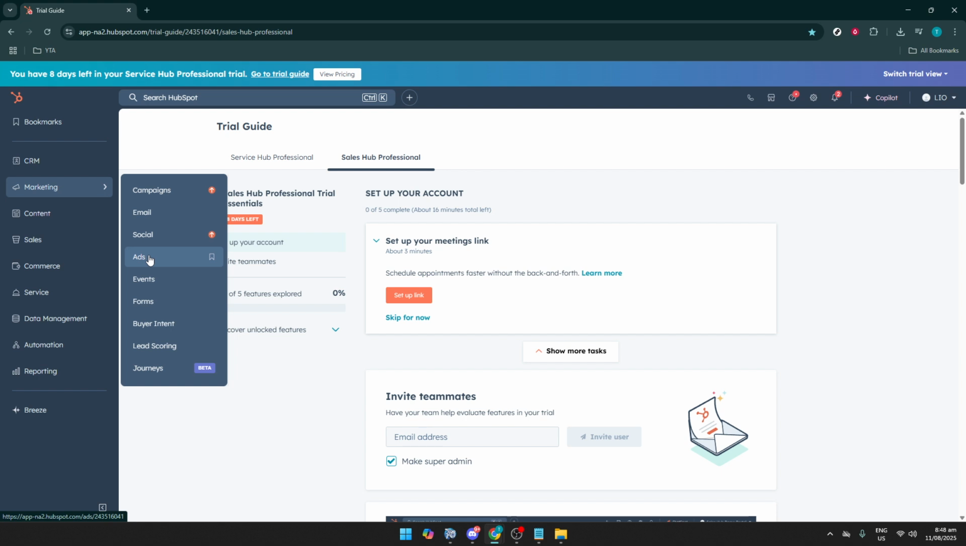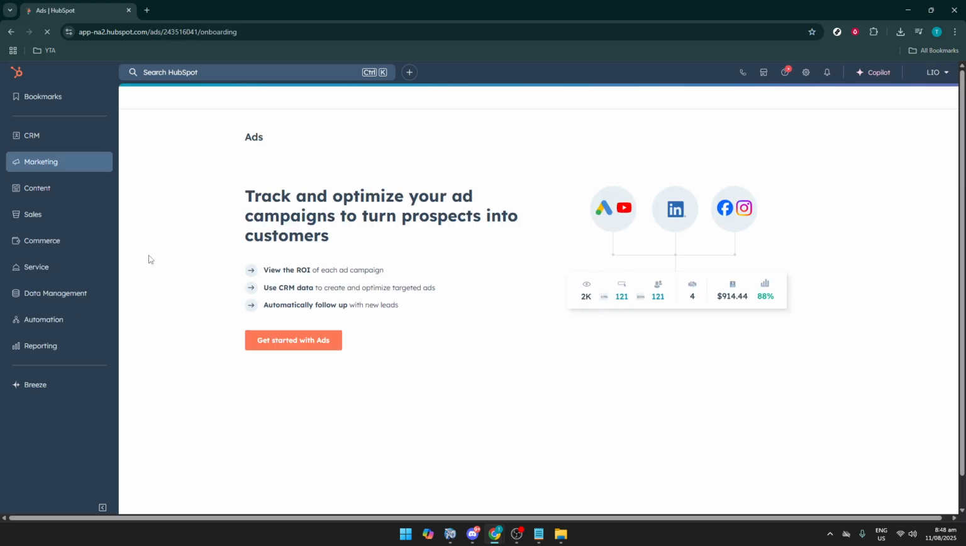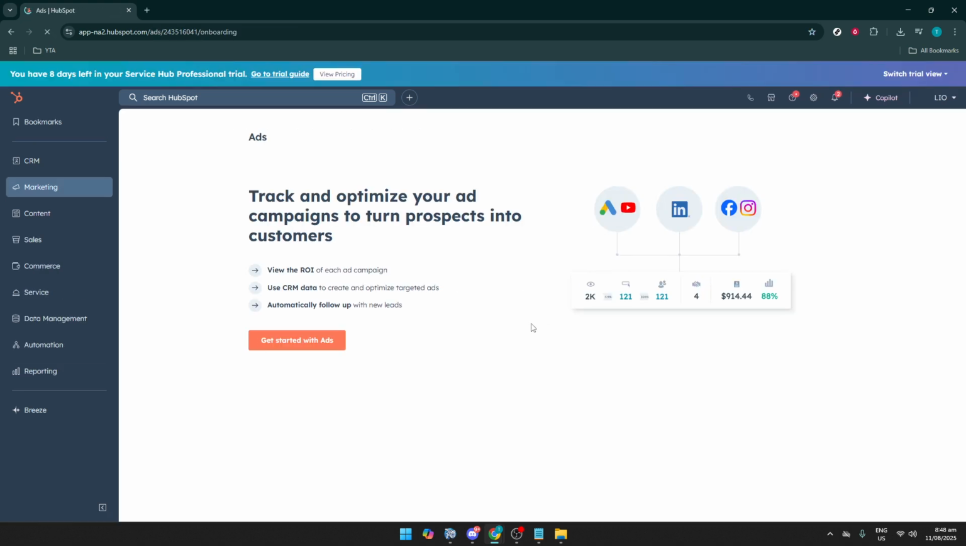Next up is where the magic really starts happening, creating and managing your ads. You'll need to click on the Ads option under the Marketing section. This will lead you to the Ads page where you can see all your current and past ad campaigns at a glance. It's handy for a quick overview and to make decisions about reallocating budget or identifying trends. Here, organization is key. Keeping your ad campaign streamlined will help you maintain clarity and focus on what works best